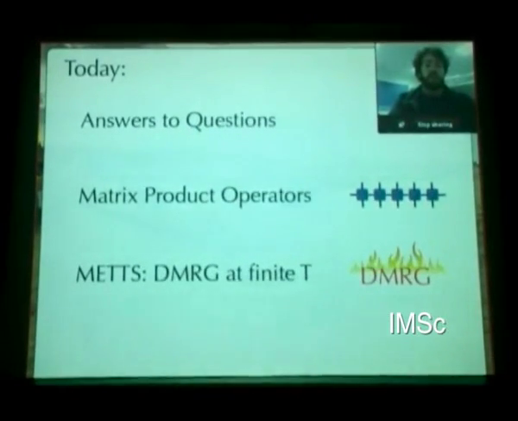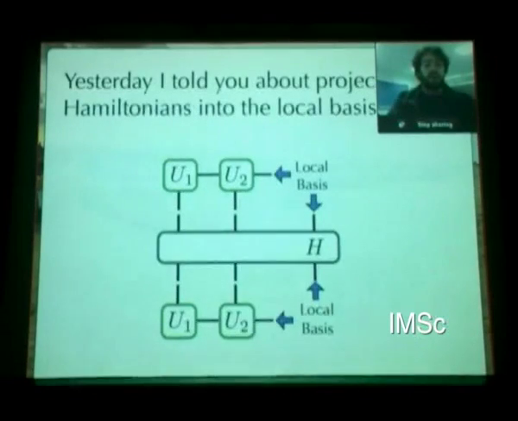But then I wanted to start off today by answering some questions, or attempting to answer some questions that came up yesterday and also by email. So that's what the next few slides are about. One question that came up, and I wish I could spend even more time on this, but unfortunately it'll probably be a bit fast for some of you, is what is the meaning of projecting the Hamiltonian